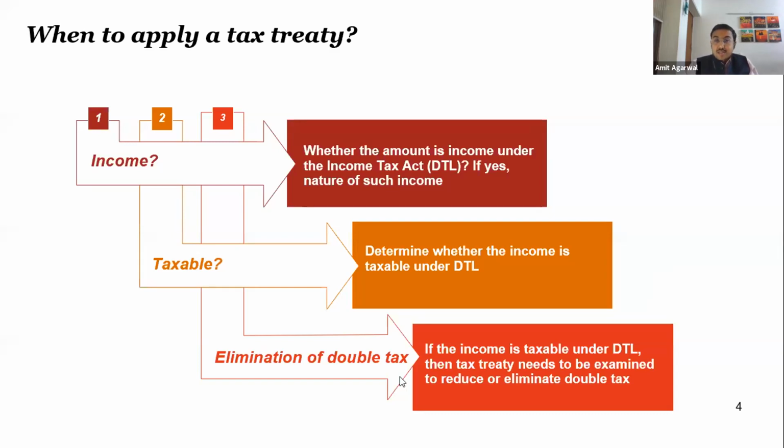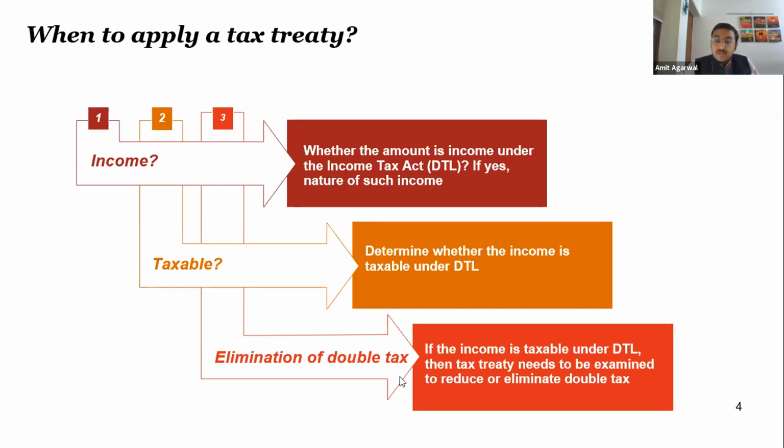So just, and while most of you may know this, just to set the context: when we have to apply the treaty, there are three broad limbs we have to see to determine where the treaty will come into play. One is the income. First we have to determine any receipt, any amount; it has to qualify to be an income. Second, that income should be in the nature which is taxable income. And third,